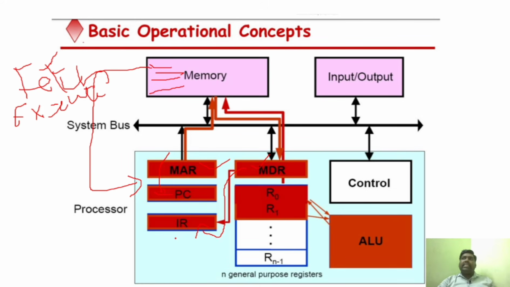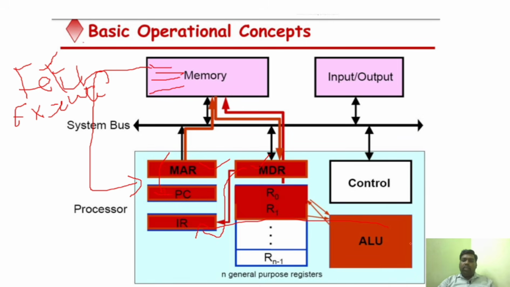Once it reaches the IR, the fetch phase will be completed, and the execute phase will start at the IR. We know all those things, right? So the execution will start at the IR phase. This is where the processor will decode the instruction. It will check what the instruction is, whether it is an arithmetic instruction or a logical instruction, and what exact operation we have to perform. If it is arithmetic, it will send the information to the ALU, along with the data required for that operation.